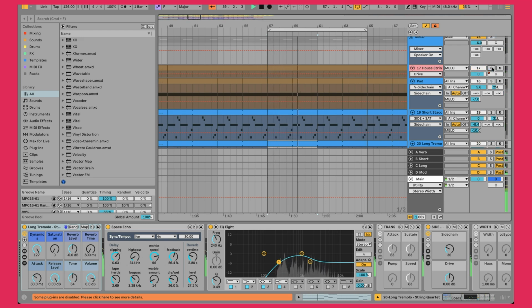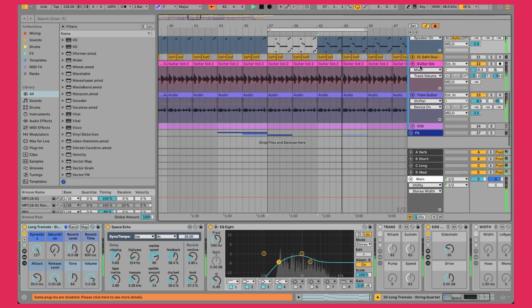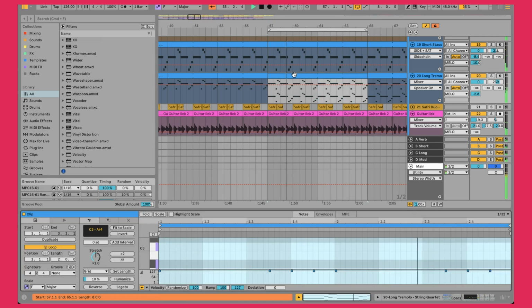Which is kind of that sustain note here. So just adding a bunch of different elements to kind of get a similar effect and make it a bit more unique by going at it from a slightly different approach. This is playing the same notes as that initial piano sound.